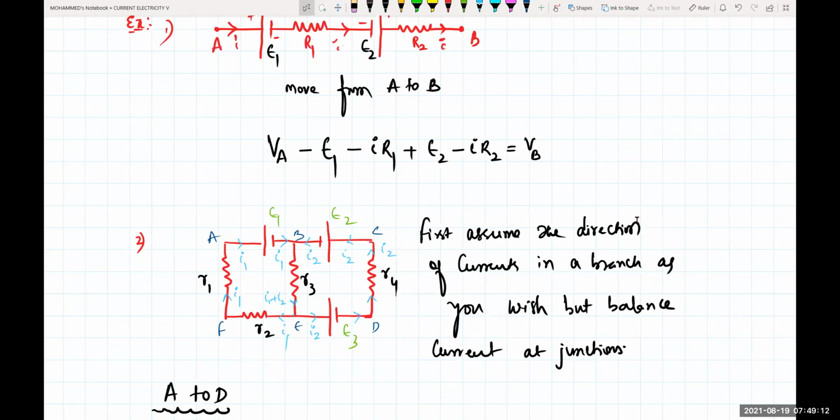The same way, current will also flow from higher potential to lower potential. So if it is coming from A to F, it will come easily. F to E, it will come very easily. But to go from E to B and B to C, it needs some external source. So current cannot go to the higher potential like this. Is that clear?